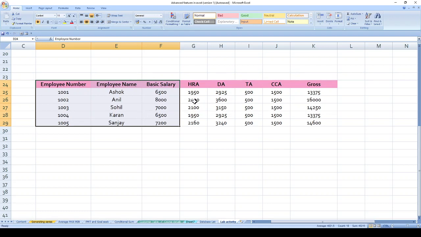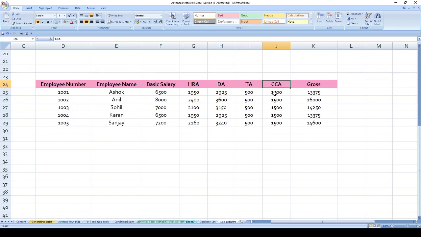In the question, you have to find out the HRA as 30% on the basic, DA as 45% on the basic, and TA is fixed to 500 rupees for all employees.